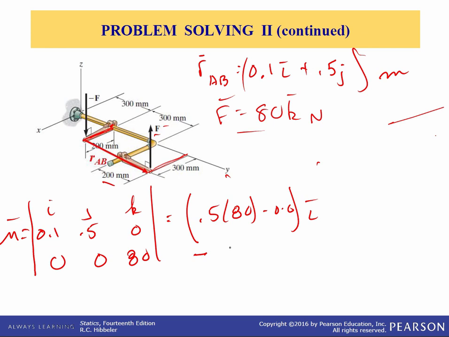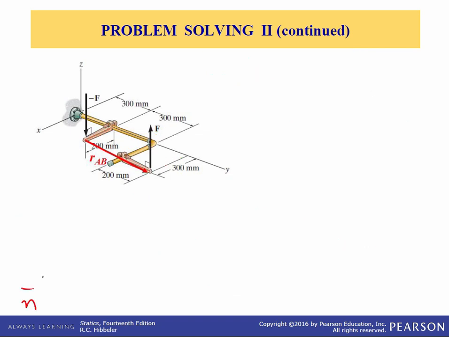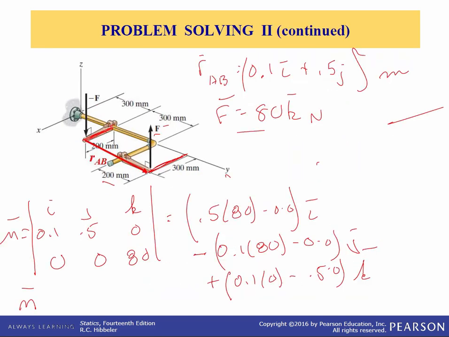The j, remember, put that minus sign. Minus, it would be 0.1 times 80 minus 0 times 0. And that's in the j direction. Plus, and in the k direction, it just comes out to be 0. It's 0.1 times 0 minus 0.5 times 0 in the k. So the answer comes out to be the moment is equal to 40i